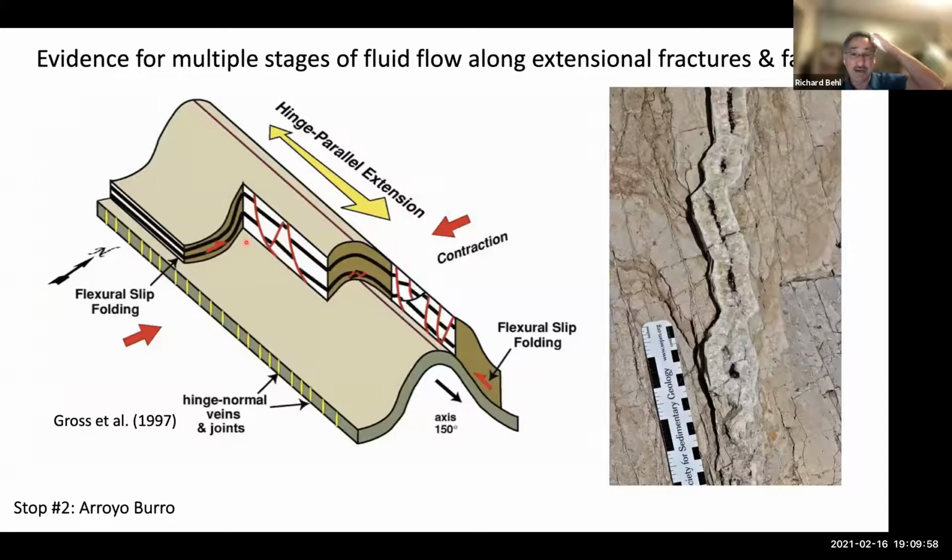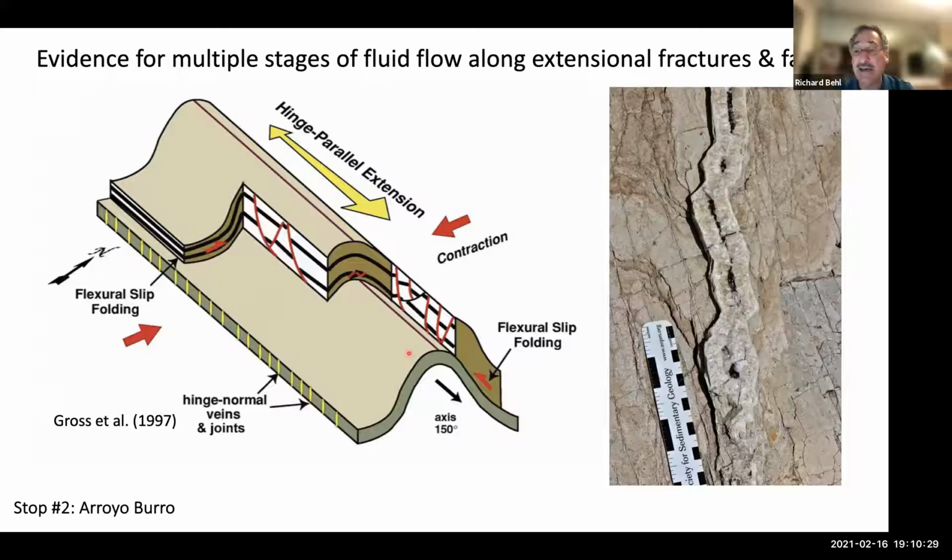So in this particular setting, it's a great insight into something we see all along California that relates to the style of deformation when we have flexural slip. And that is when you have shortening and you cause large scale folding, you are still conserving volume, and you conserve volume by having extension along the hinge or the axis of the anticline. And that extension